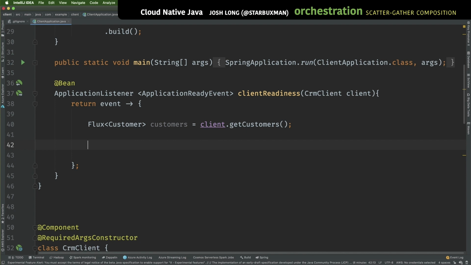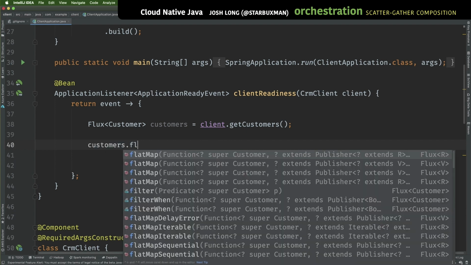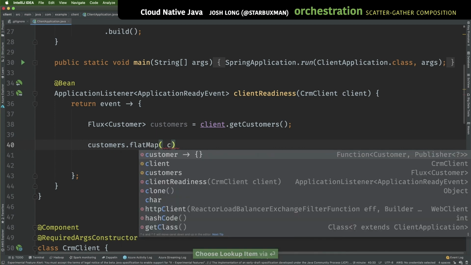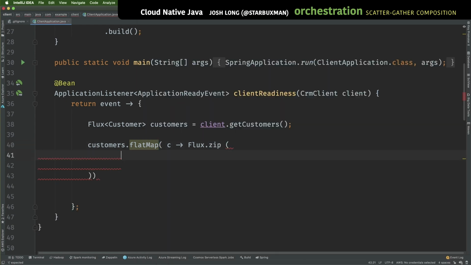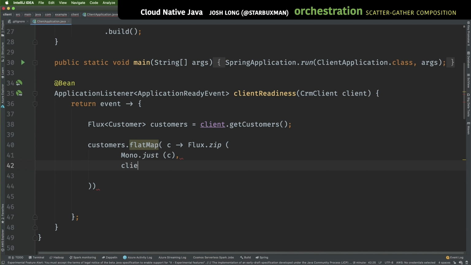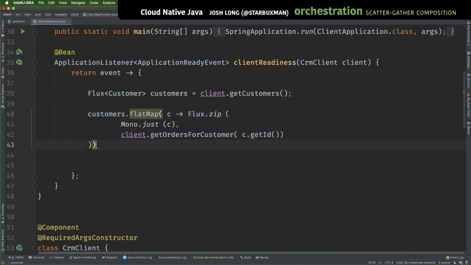scatter-gather kinds of composition. So what I'll do is I'll say customers.flatMap, and then for each customer, I want to zip two streams. I want to create one stream out of the customer and another one out of the orders. So I'll say Flux.zip, and the first operand, the left side of the zip, will be Mono.just(c), and the second will be client.getOrders for c.getId. And this gives me almost everything that I want, but what I really want to do